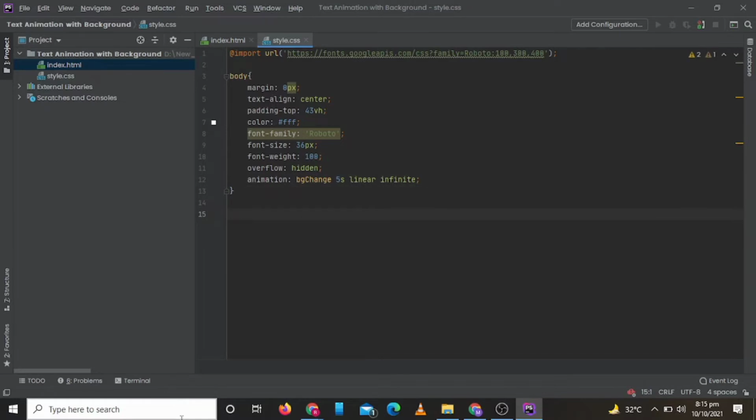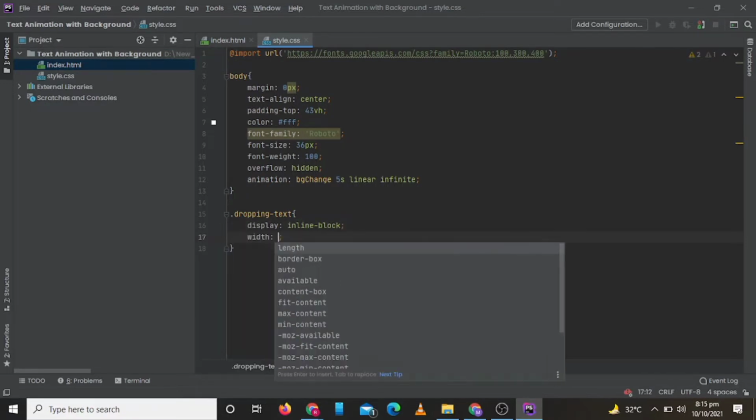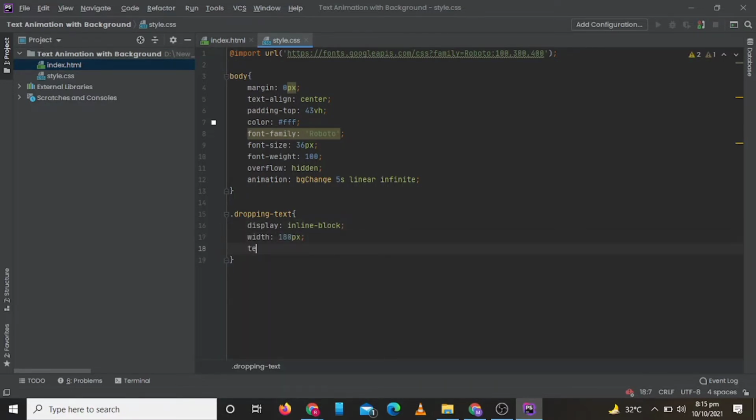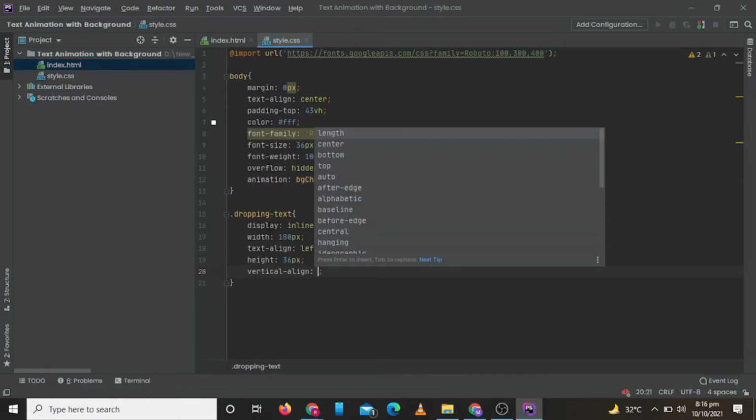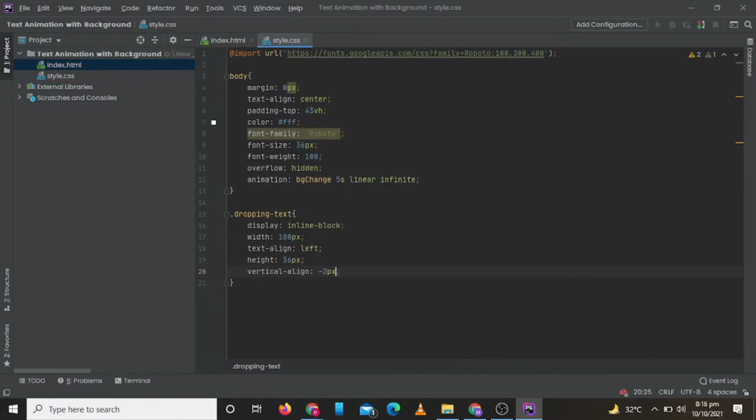Now let's write CSS for our dropping text div. Now we will write our CSS for div inside our dropping text.